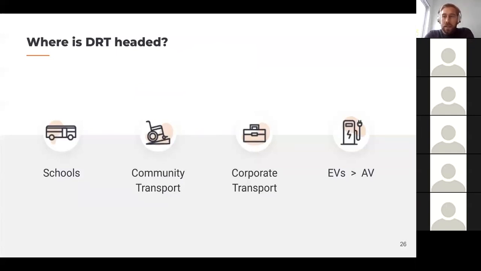So where is DRT headed? I think we're going to see more and more use cases where DRT is applied. I think the schools are seeing more questions, an increasing number of potential market tenders, for example, coming up around how schools can leverage DRT. Obviously, there's a level of optimization that's already been done in that space, but I think it's more from the safety angle. How can we provide communication to the parents and the grandparents and just have a little bit more of a safety aspect to the service.